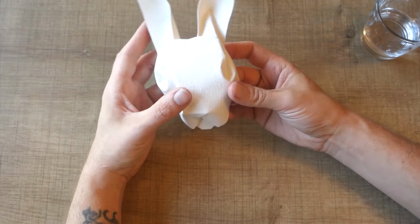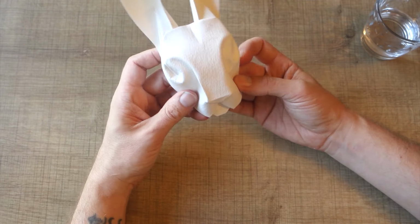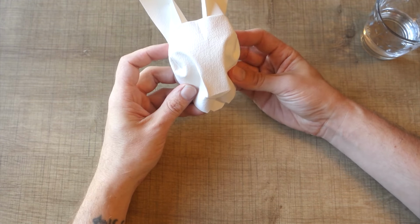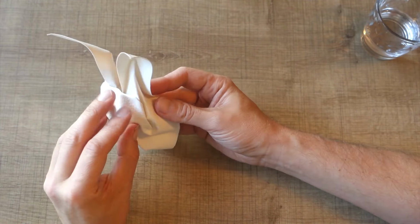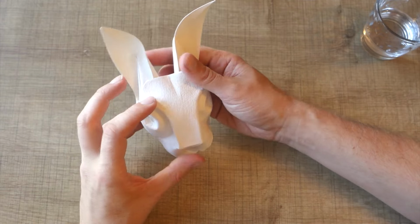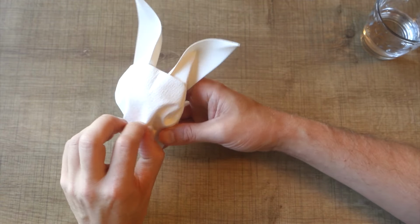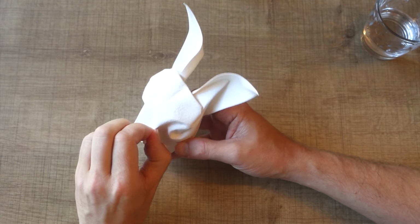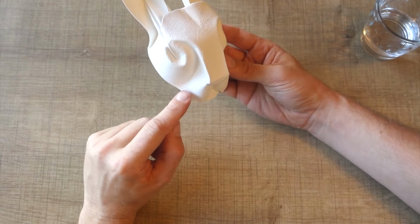Same on the other side. Push in. And make this as symmetrically as possible. When it's symmetric, or it looks symmetric, make this part really sharp. Just a straight part. Okay, then to give this more volume,